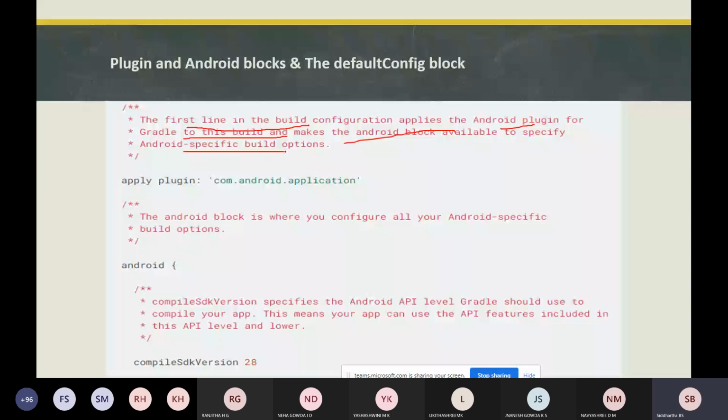So this first line specifies what plugin you have applied, where that plugin will be configured in the Gradle files. That is the apply plugin. So next is the Android block, where you configure all the Android specific build options. Within that, you will have the Android specific configurations within the Android function. Okay. So in that, the first line is